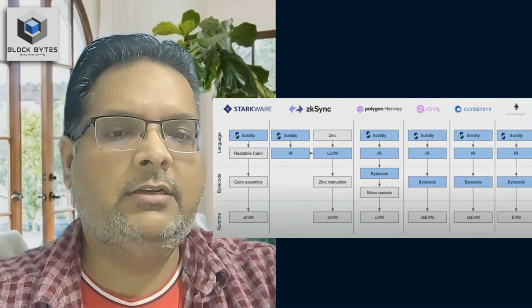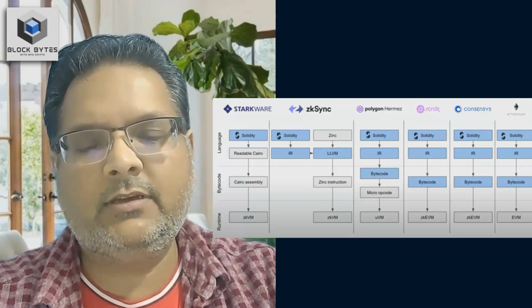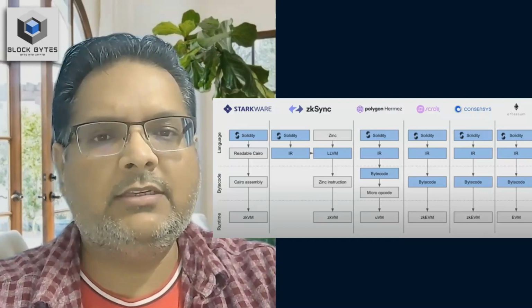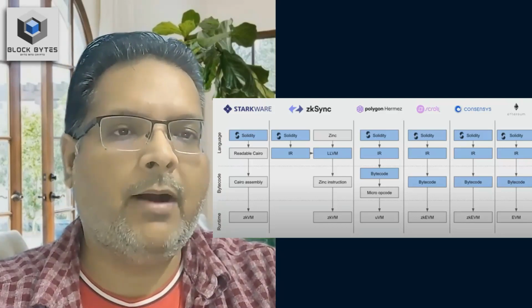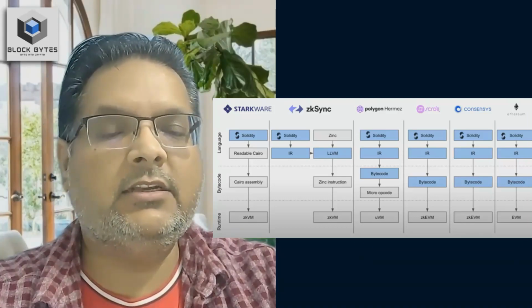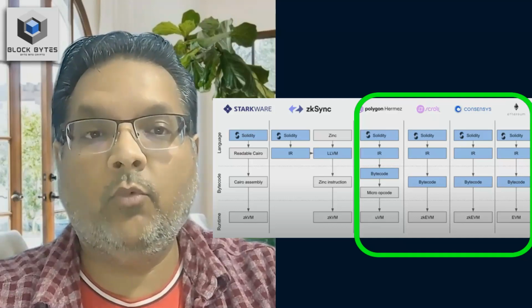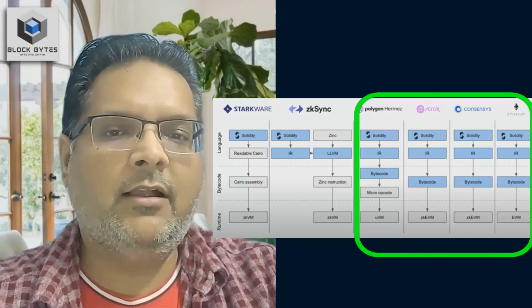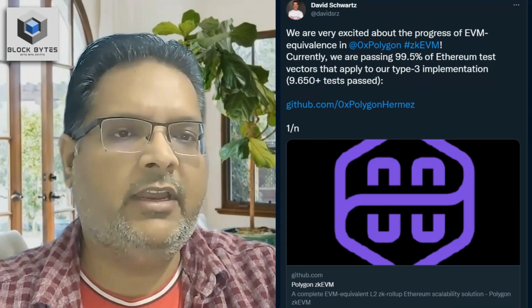And this is how different projects are working on implementing zkEVMs. Polygon, Hermez, Scroll, and Consensys are what is called bytecode level EVM, which means that these closely resemble Ethereum's EVM more than the others. A recent tweet by the Polygon ZK team said that they have achieved a